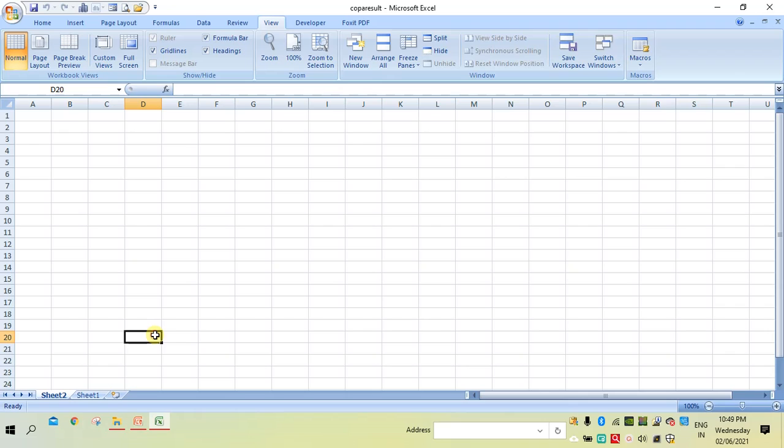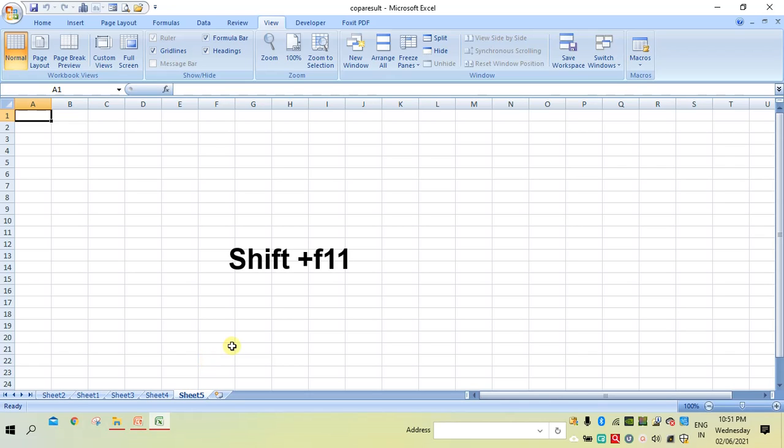A worksheet can also be created by clicking on the Insert Worksheet icon. For example, here I will click on this, and you will get one more sheet here. I mean not worksheet, one more sheet here. So click on this, you will get one more sheet. Like this we can create.